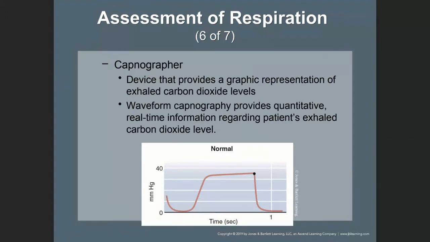A device that provides a graphic representation of exhaled carbon dioxide levels. Waveform capnography provides quantitative real-time information regarding the patient's exhaled carbon dioxide level. It is also able to give you a ventilation rate. So it will tell you if the patient is breathing normal. And when it's normal, the waveform is going to look like a square. If the waveform starts to look long, which I've pointed out before, I think I mentioned this when we were doing the